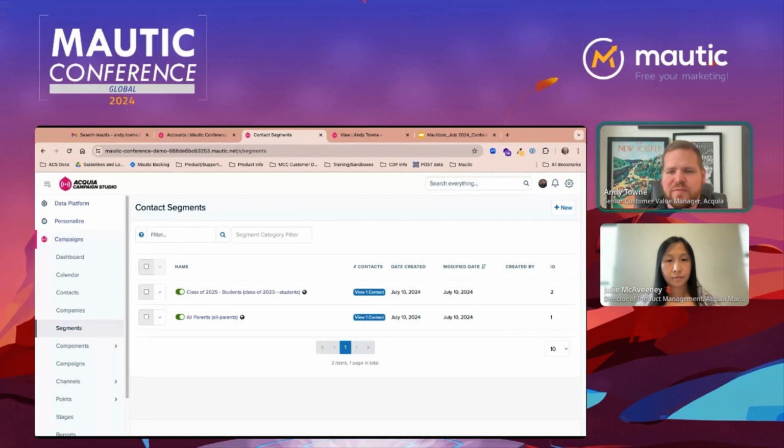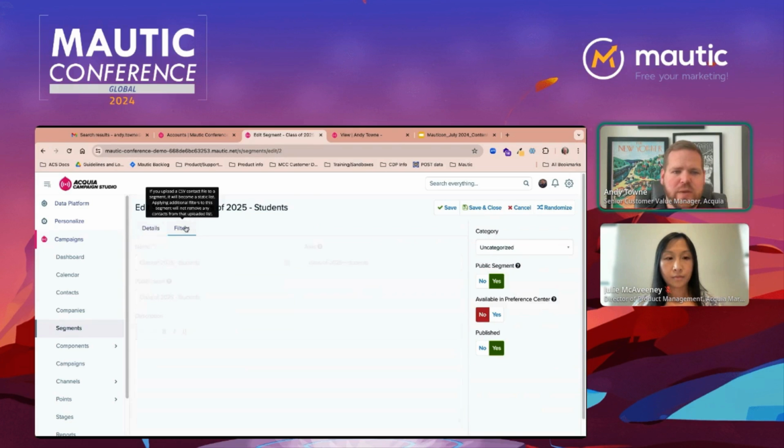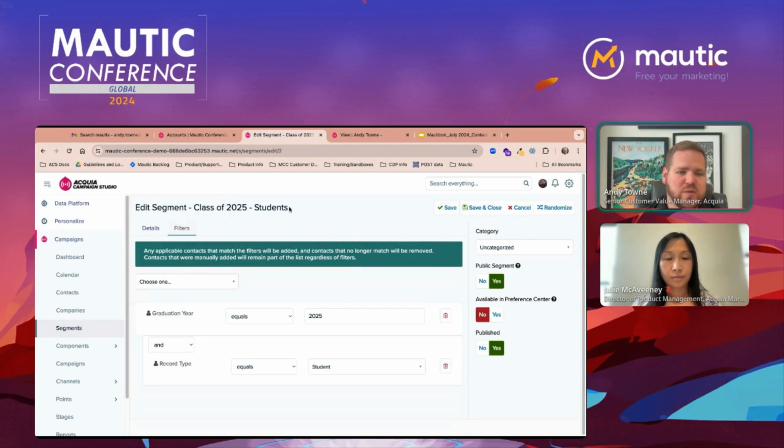Now, I've only built a couple of dynamic segments here. Static segments, there's not a whole lot to. You can just create a new segment, upload a list, or add context to it. So here I have one segment for all parents and one segment for class of 2025 students. I have two contacts in here, one in each segment, and we can see the filters, say, for the 2025